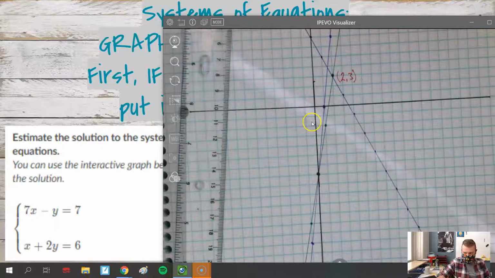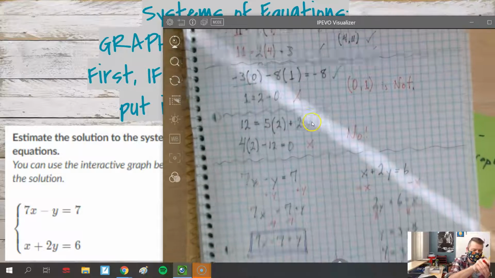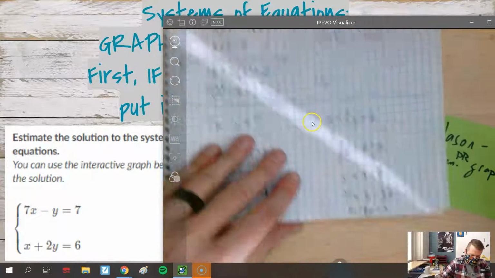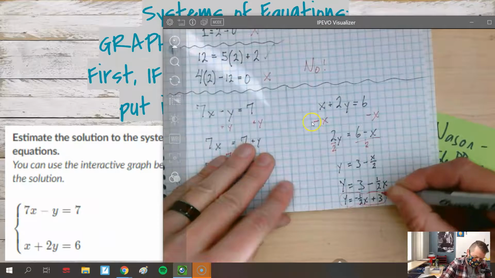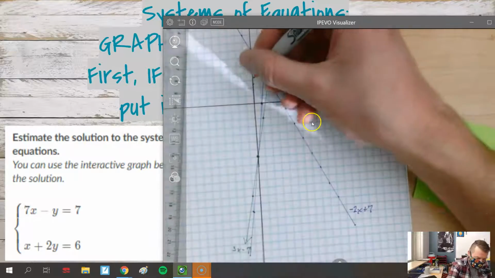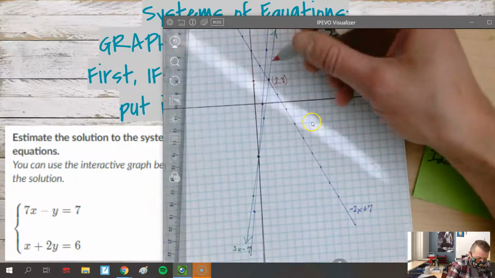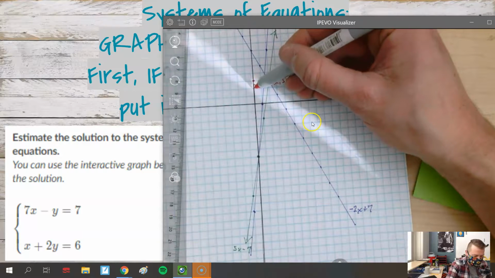Probably shouldn't use the same 2 colors over again. So I'll use red now for my second one. So start at 3, slope of negative 1/2. Fractional slopes are tricky, so be careful. Down 1,